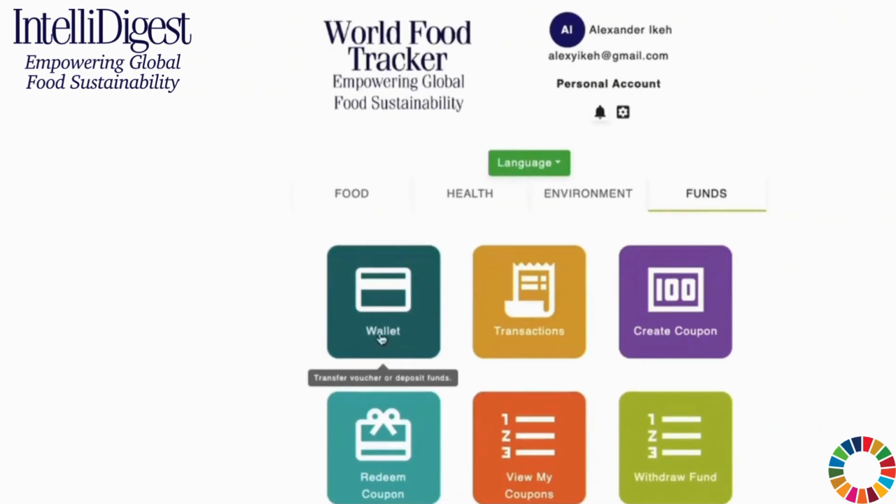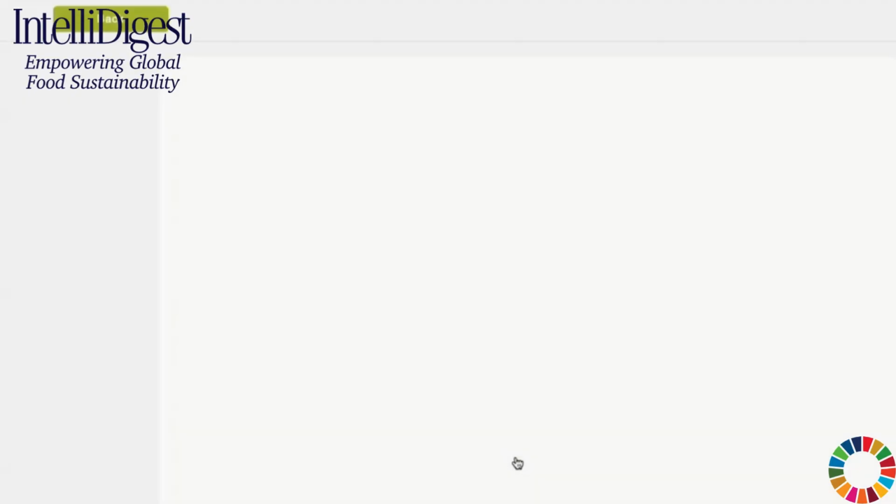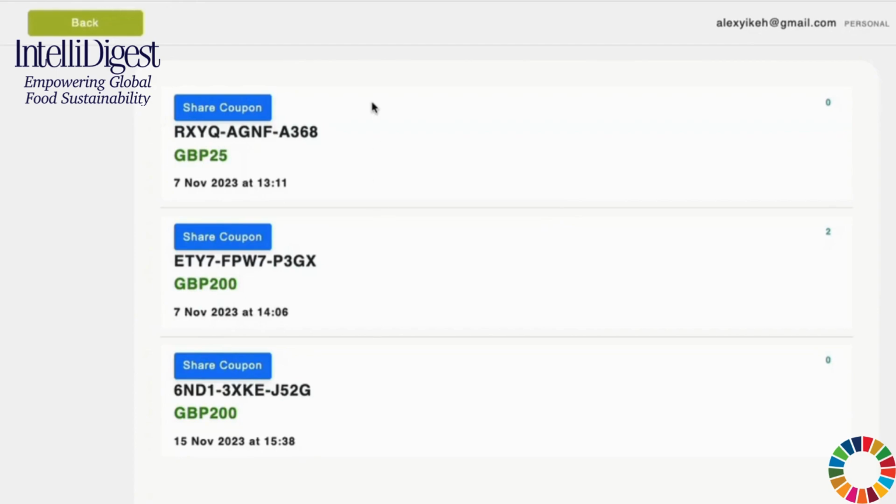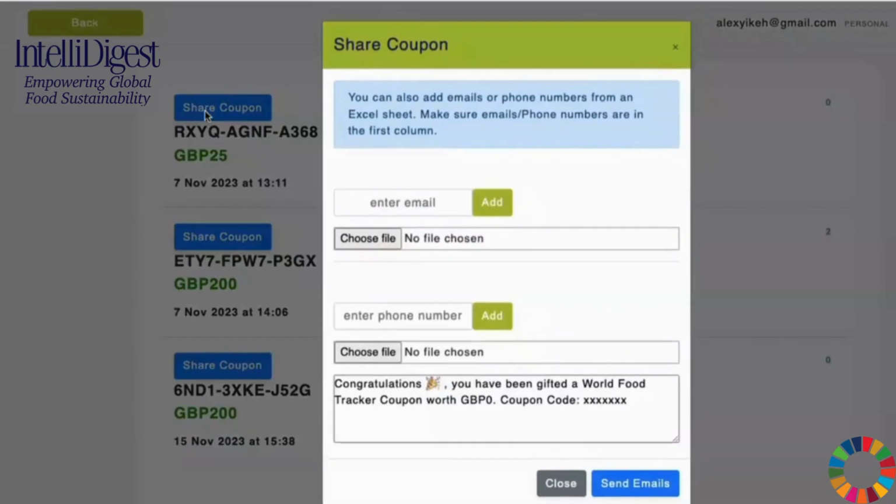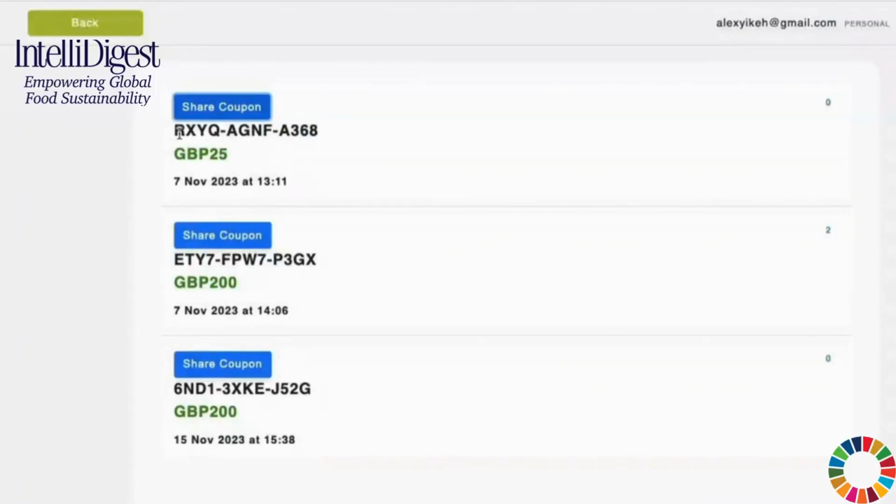created on this account. So I can go to view my coupons to see the list of coupons which I have already generated. This is the list of my coupons and I want to share this coupon to somebody else. So I will just click on the share icon. When I click on the share icon, or instead I can actually copy the coupon first and then I'll click